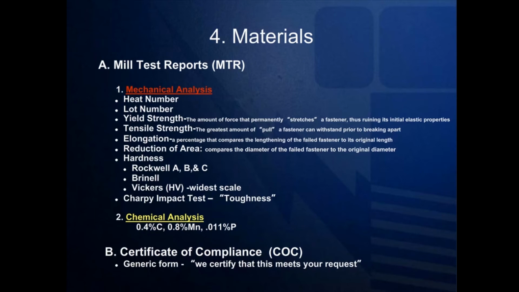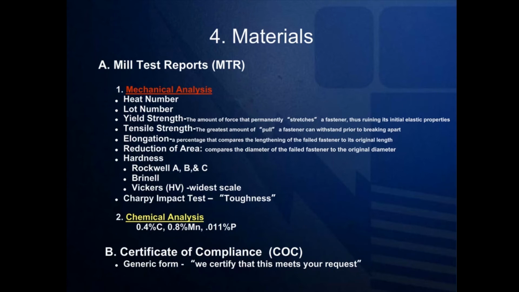These numbers serve as a tool for the manufacturer in case a quality problem should arise. A fastener's mechanical properties describe the intrinsic properties of the material. These include its yield strength, which is the amount of force required to permanently stretch a fastener where its spring-like properties are disrupted, its tensile strength, which is the minimum amount of force required to break a fastener, its elongation,